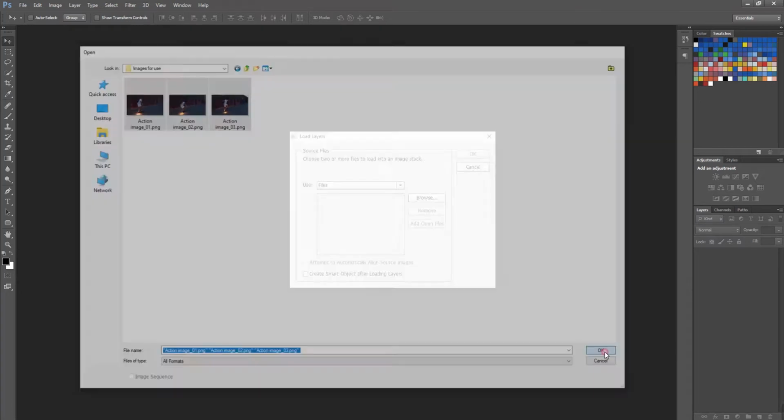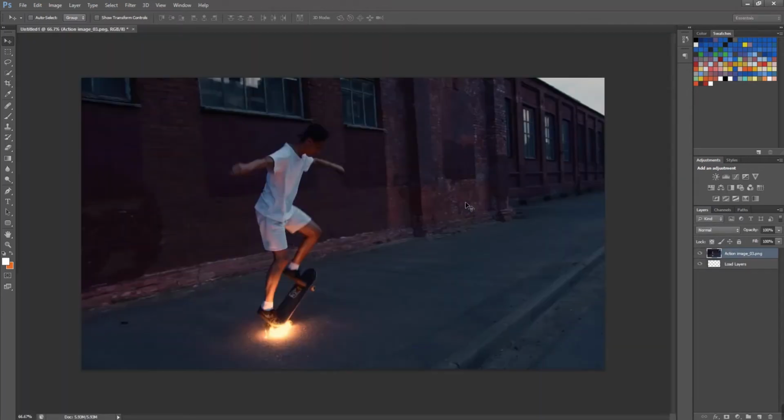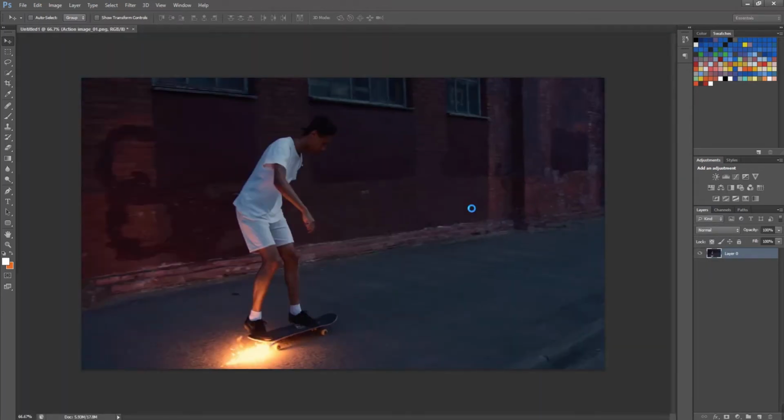Now guys, a very important part has come. As you know, the video sequence is shaky, which means the camera in the video sequence is also moving, but I need to show the background still and the man moving. For this, firstly I will match the proportions of all the 3 images with each other, which will make the camera still in all the 3 images. Check on the Attempt to Automatically Align Source Images option. It will automatically scan the camera movement and match each image.